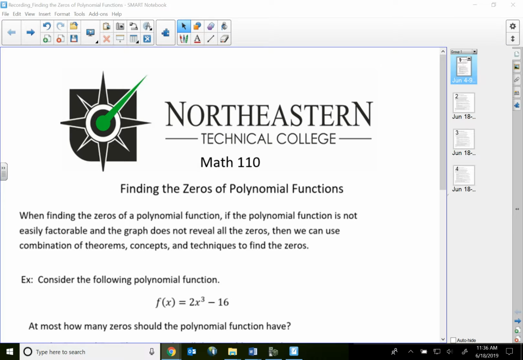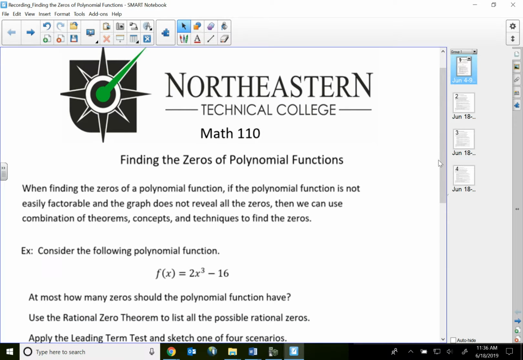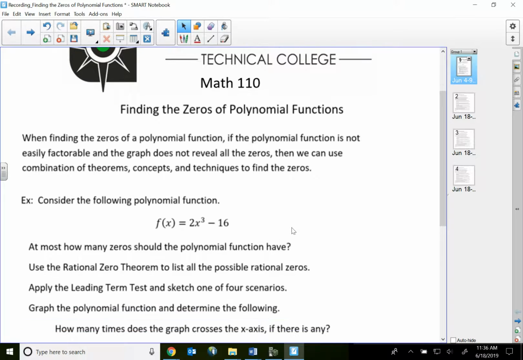In this lecture video, let's take a look at how we can actually find the zeros of polynomial functions. So we talked about a lot of things already in the past several lecture videos. When finding zeros of a polynomial function, if the polynomial function is not easily factorable, and the graph does not reveal all the zeros, like I cannot find it on the table, then we can use a combination of different theorems, concepts, and techniques to help us find all the zeros of